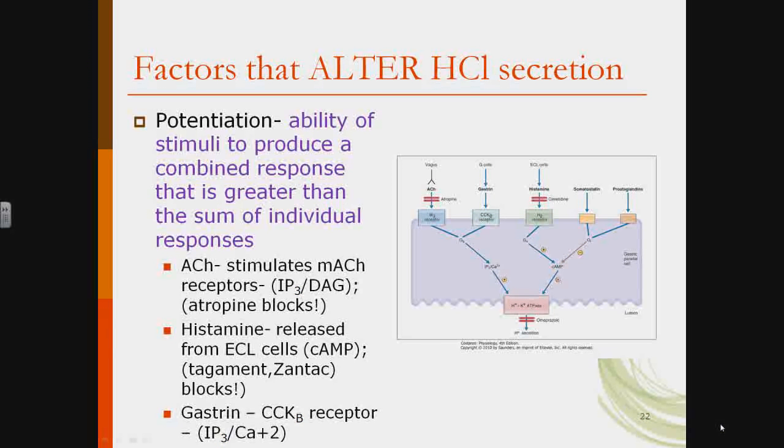And then gastrin is released by G cells. And the parietal cells use a different receptor when gastrin binds. But still, it uses a second messenger system, the IP3 DAG calcium second messenger system. So if you look at how two systems use the same second messenger systems, and you already know that second messenger systems are kind of an avalanche cascade effect, you can appreciate why more than one system activated leads to even more acid production.